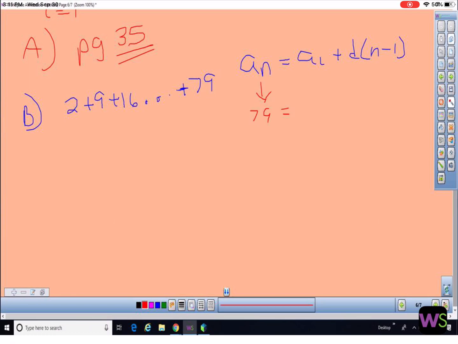A of 1 is our first term, which is going to be 2. Plus my difference between each term is going to be 7. And then they're looking for, which term are they looking for? The sigma notation for the sum of these numbers. And it is